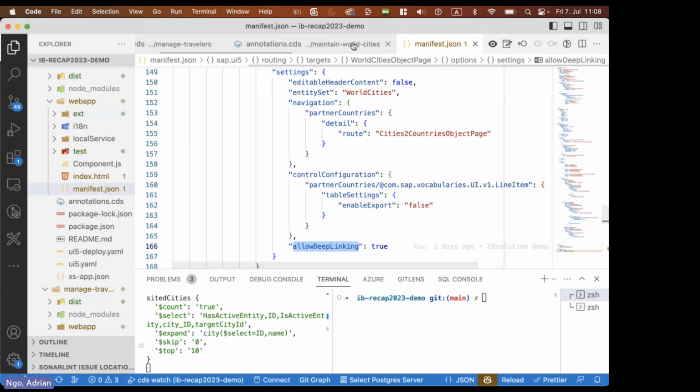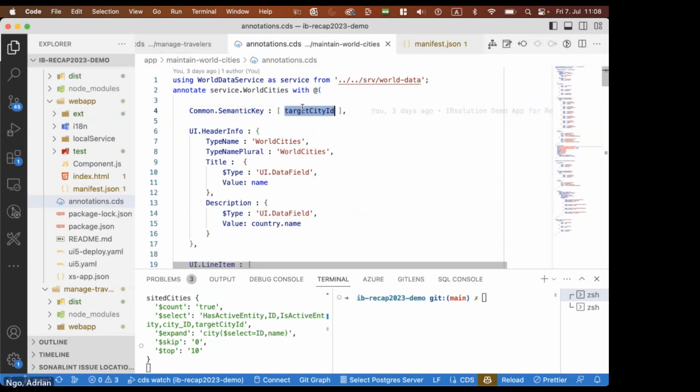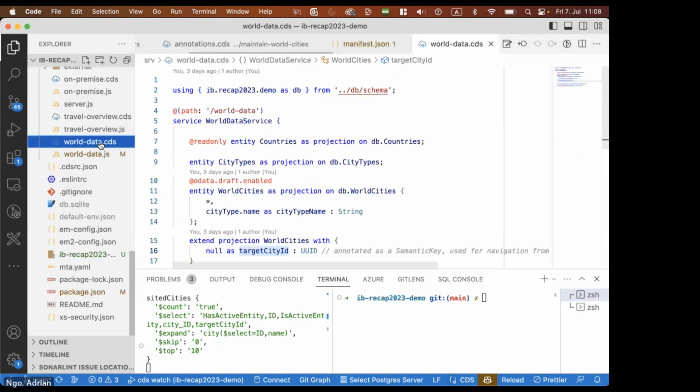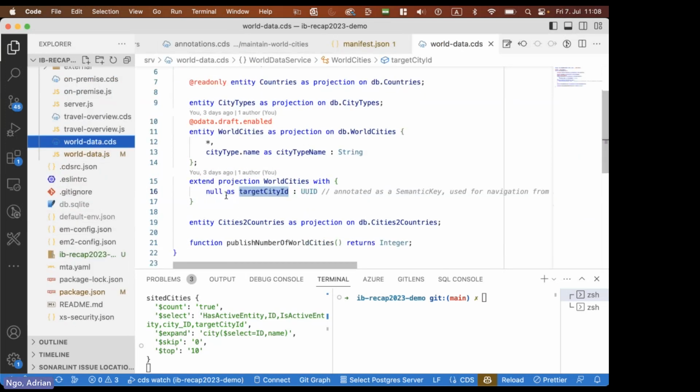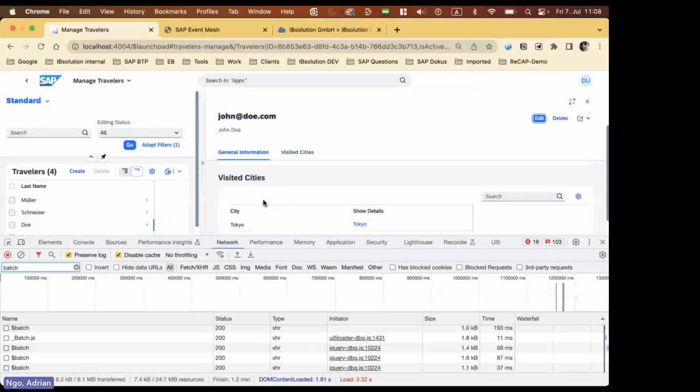The prerequisite is, of course, that the target ID makes sense here. It has to be set up as the ID of the world city entity, but there was a problem when we did this after upgrading from CDS version 5 to CDS version 6. Cross app navigation into the object page worked, but afterwards we got a problem with the creation